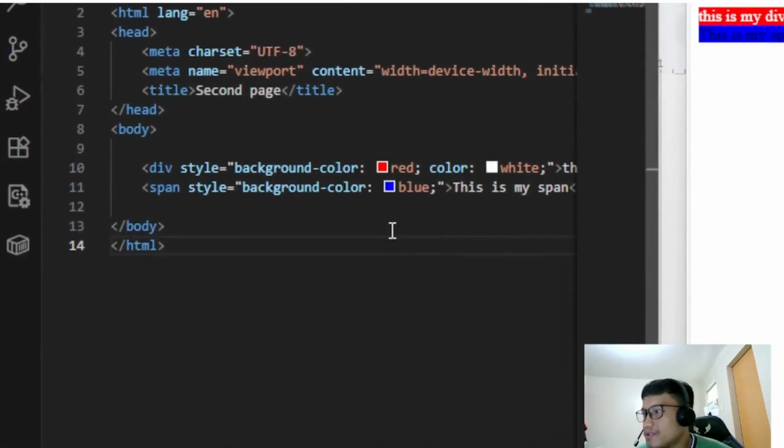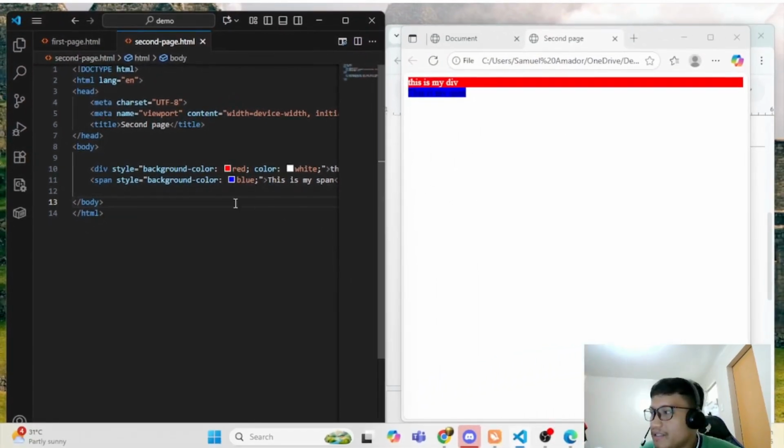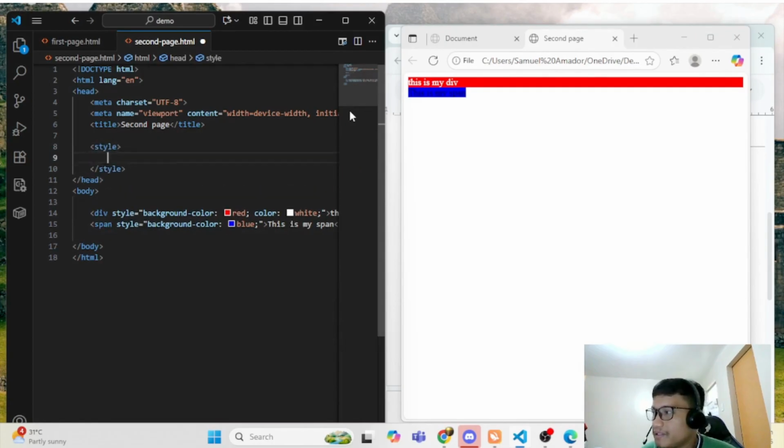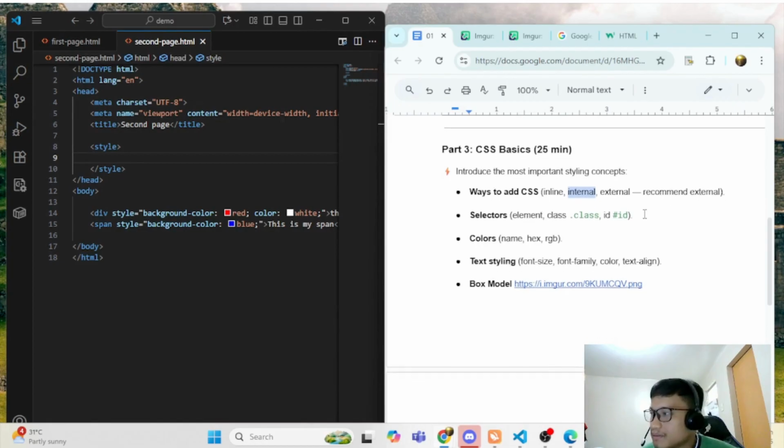Okay, so let's go back to CSS inline. So this is how you add CSS inline. And then the second, we can add CSS through internal. So in internal CSS. Okay. So we are done with inline. Then next is internal.